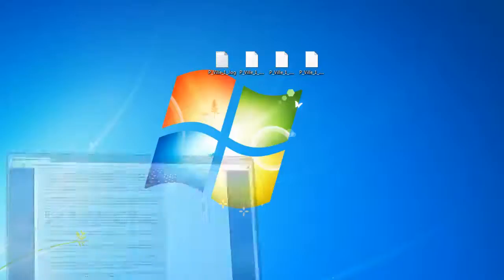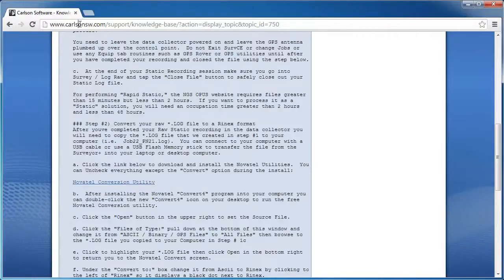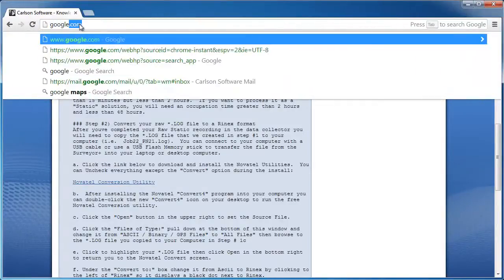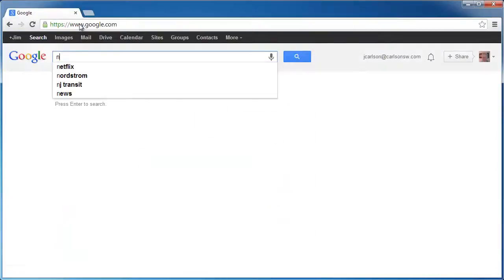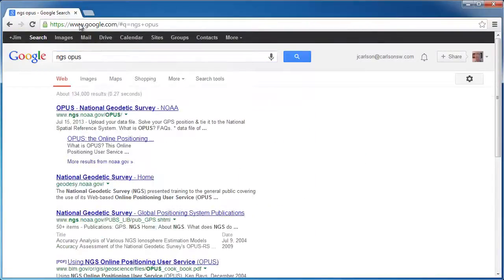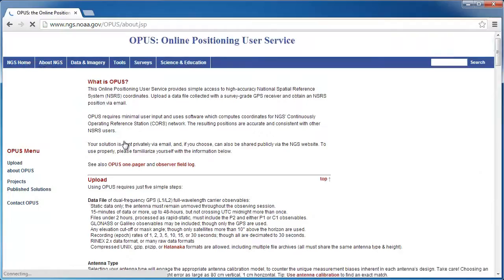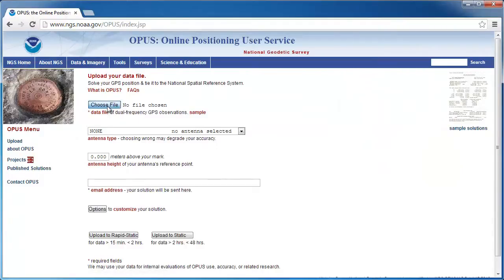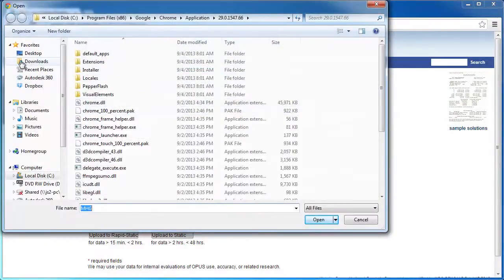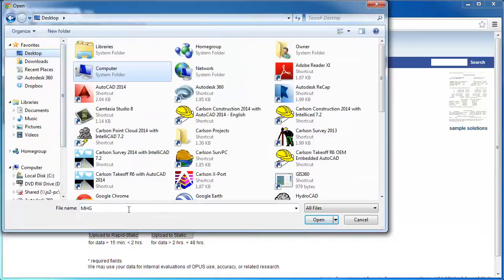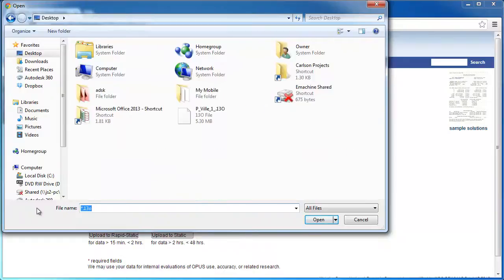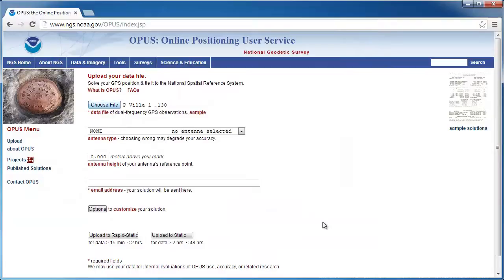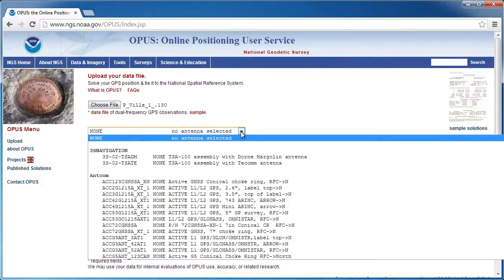Okay, let's go back here. And we're going to just do google.com and do NGS OPUS. Online positioning. Do upload. Choose file. And this is on my desktop. And we'll again just come down here and do *.13.0. And there is the file that we need to send to OPUS, and the antenna